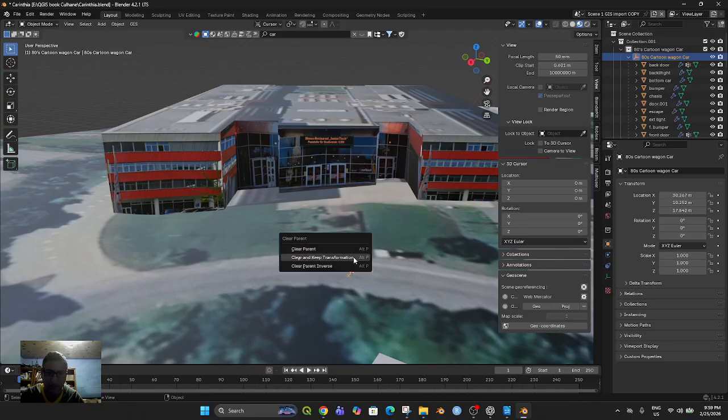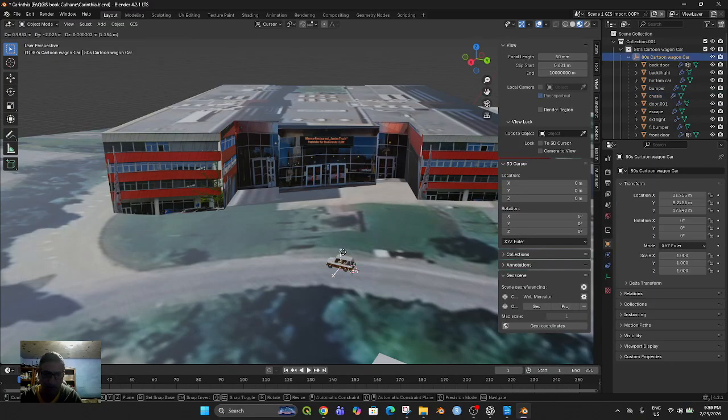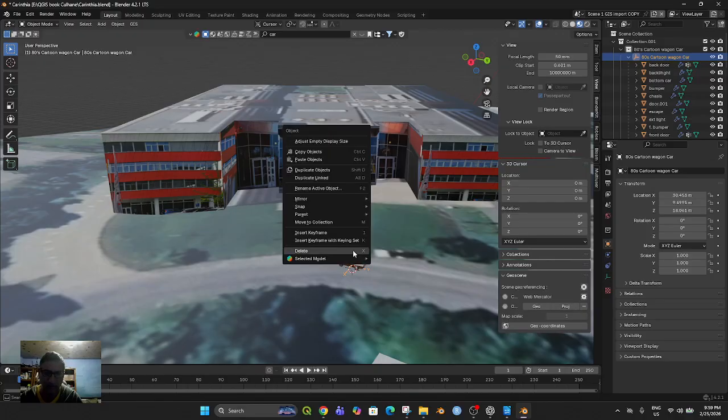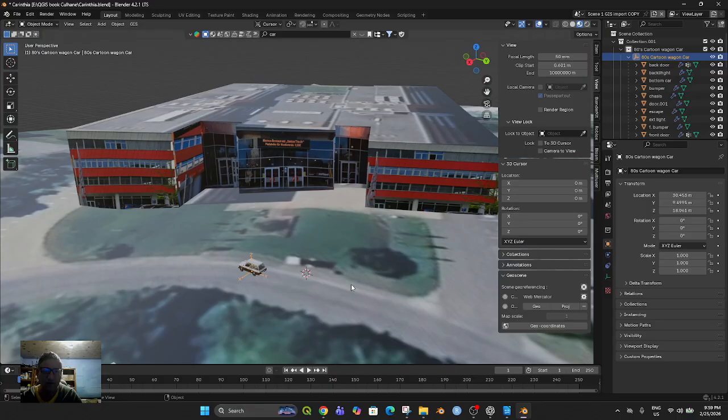So Alt-P, clear parent, maybe it should be clear parent inverse. Let's see now what we can do. Got the car, got the parent, and no, it's still stuck to it. Well, it's not going to show up when we move it around. But you can now do sort of fun things where you can